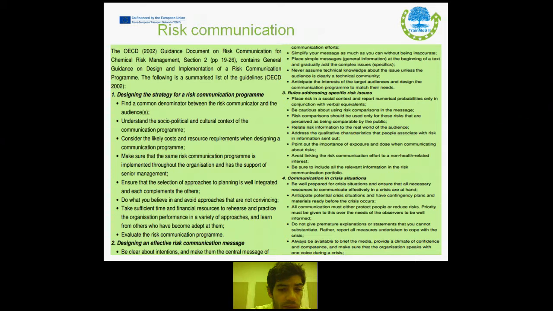the strategy for a risk communication program, which requires finding a common denominator between the risk communicator and the audiences, understanding the socio-political and cultural context of the communication program, considering the likely costs and resource requirements for designing a communication program, making sure that the risk communication program is implemented throughout the organization and has the support of senior management, and ensuring that the selection of approaches to planning is well integrated and each complements